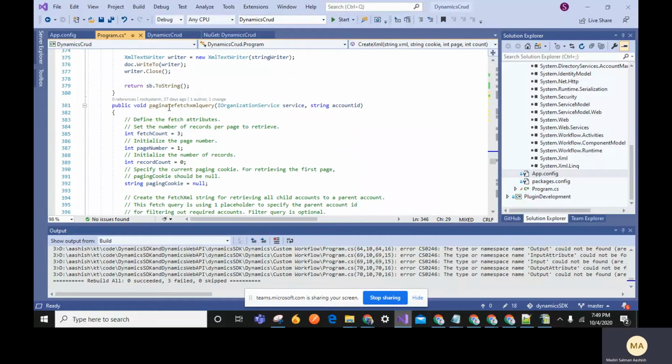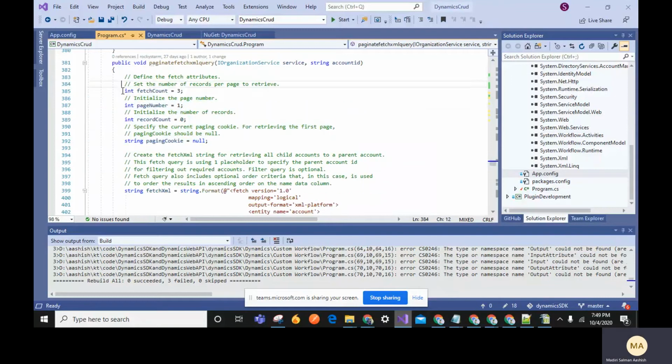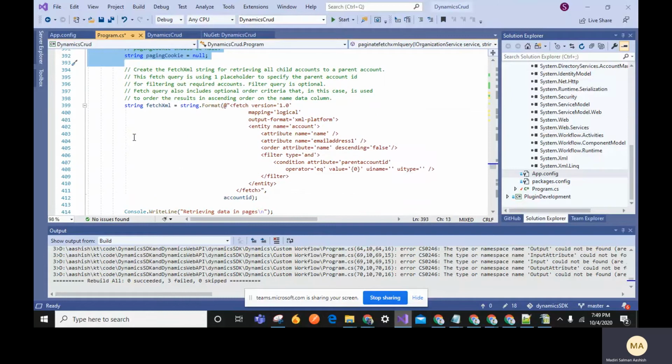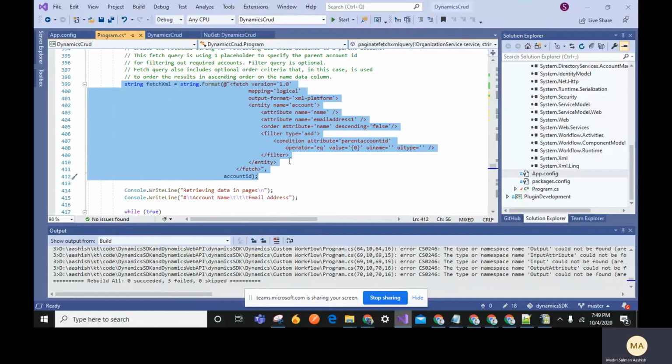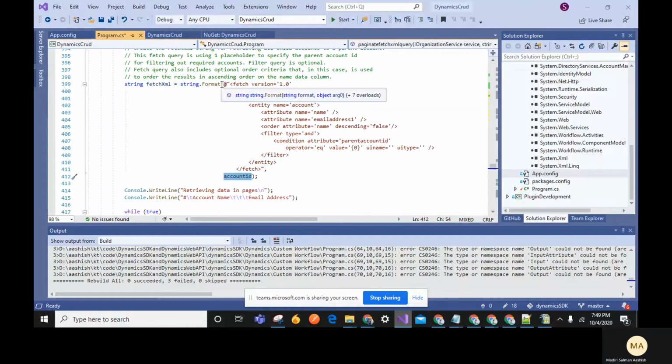Suppose we can use a pagination fetch XML query also, similar to query expression. We can use the same parameters. Here we can define the fetch XML code, and if we want to retrieve records based on an account ID, you can give it, or we can leave it. But we need to format some parameter.